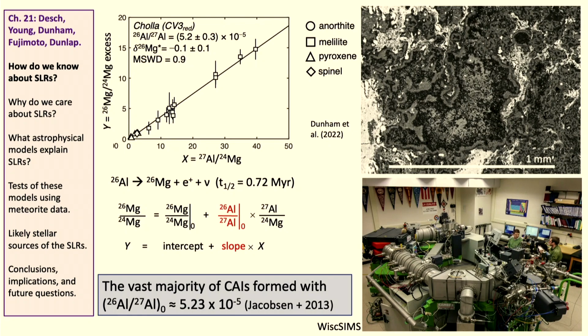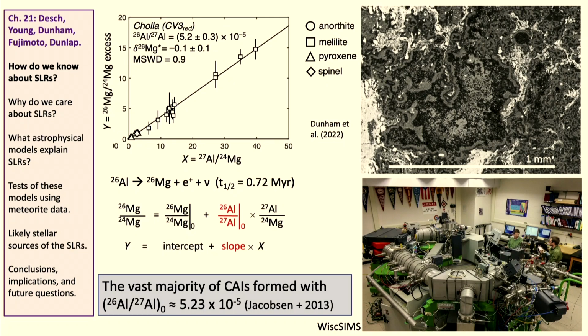And the way we do that in the meteorite community is using mass spectrometry to measure isotopes in different minerals within single inclusions and develop an isochron, and that's depicted here. So a mass spectrometer, this one's at Wisconsin, is used to measure various spots within this CAI, which is millimeter scale, and at each spot you measure the number of magnesium-26, magnesium-24, and aluminum-27 atoms, and you plot them in this way with the Y being the magnesium-26 to magnesium-24 ratio and the x-axis being the